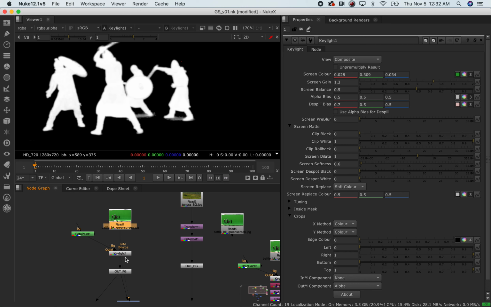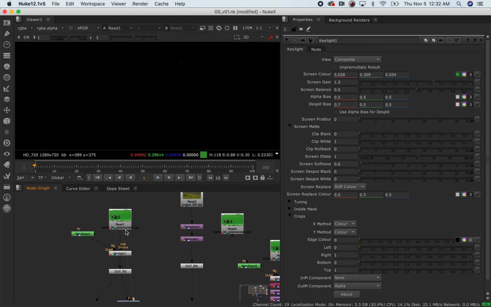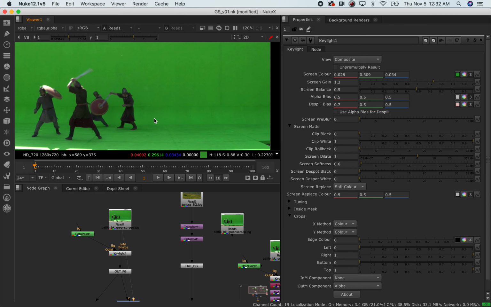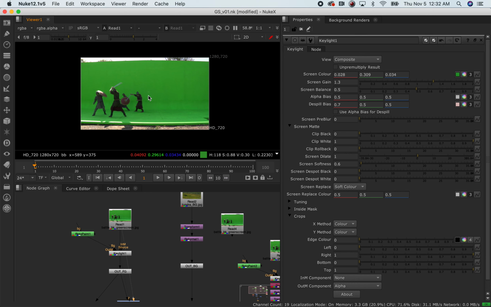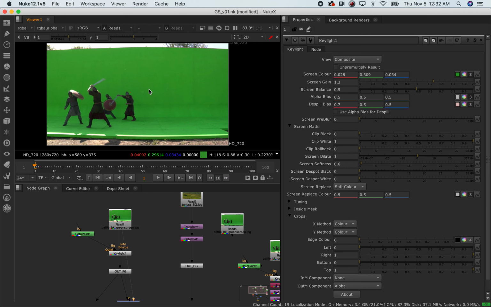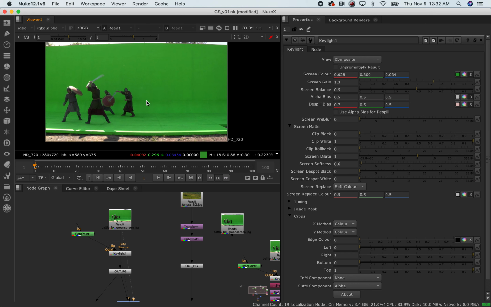Another thing with the green screen, just go back to this. You know, there are all these technical tools to help you fix it, but you want it to be as perfect as it can possibly be before you get into Nuke. You want to shoot this properly in production if you're shooting your own shot or if you're supervising. One thing you can do, if you cannot avoid these different values and things happening across the green screen, one thing you can do in camera is